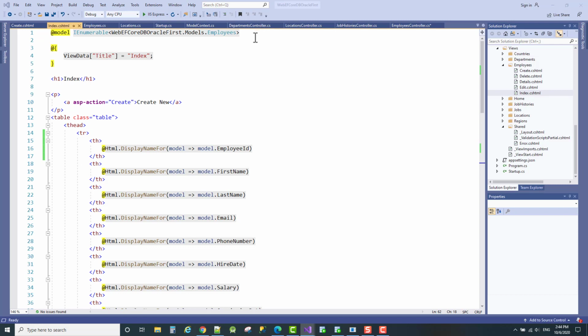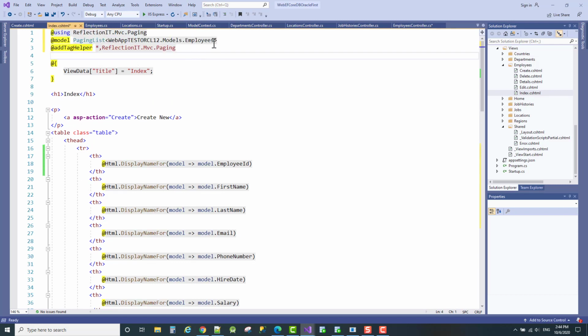We need to add this code at the top of the page. So this model is not good for us. We need to change it. And this, the paging list takes a model of employee. So right now we're working with,